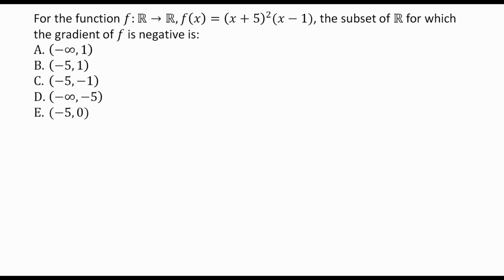Okay, so we've got a function here, and we are trying to find the subset of R for which the gradient of f is negative. Now, the quickest and easiest way to do this is actually just to get a quick sketch up of the graph. So we've got a function, and it's already in factorized form, which means we can probably graph it relatively